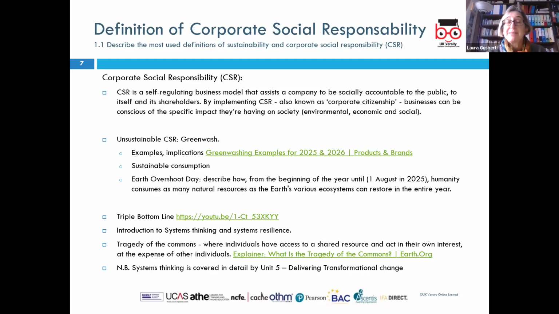where the triple bottom line basically is the corporation or organization adopting and operating within the three pillars. So how they can respect the environment, how they can contribute to society and to their employees so that they are treated fairly, and how they can look at the economic aspect, which is also the reason why corporations exist. But all within one single framework, taking into account and balancing all